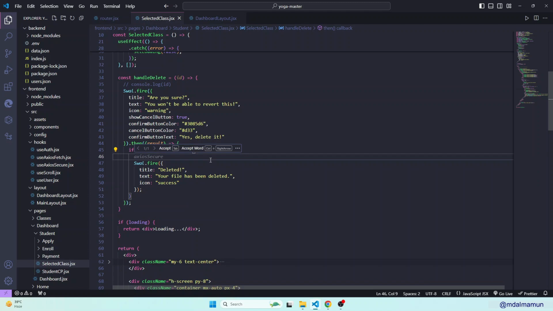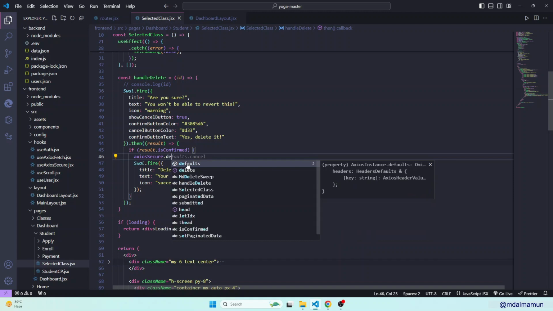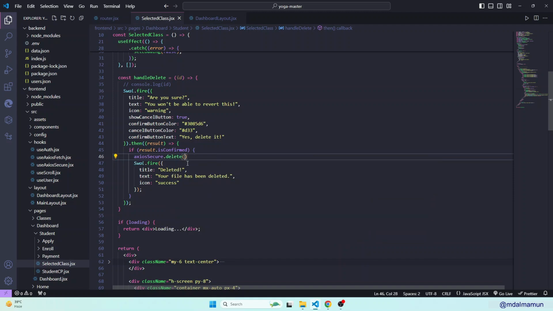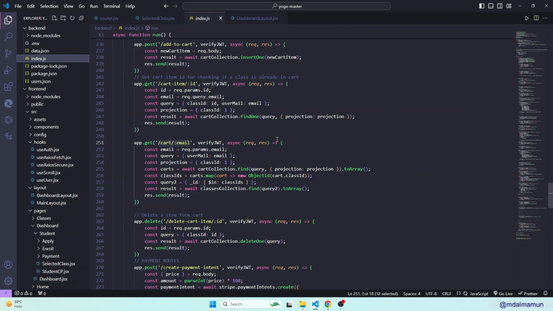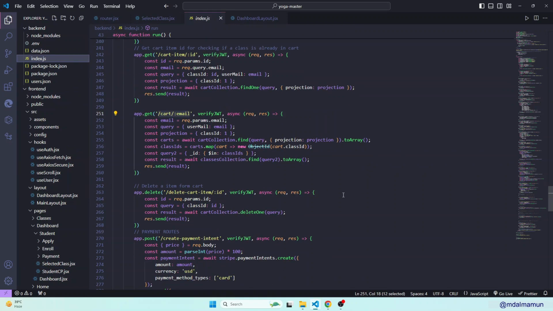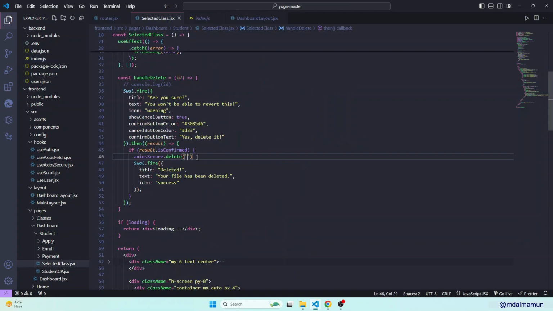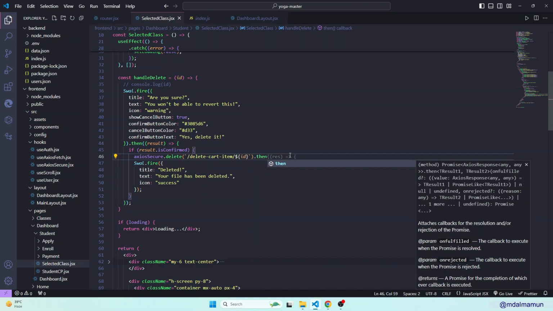What we will do, we will just call execute secure, then we will call the delete method as we would like to delete, and here the path will be a dynamic path, and this path will be from index.js, and that is delete cart item. So this is the path, we need this path. We'll copy this and paste it here. Instead of this id, we will have to define a dynamic id, so that would be id something like this. Then we will define the then block,